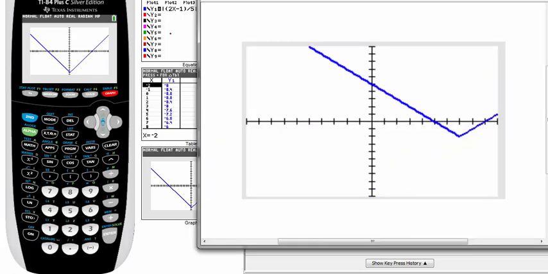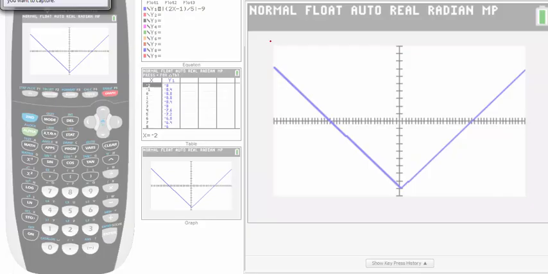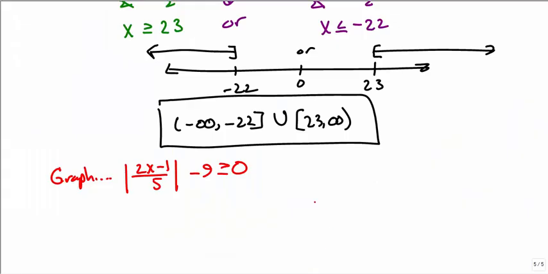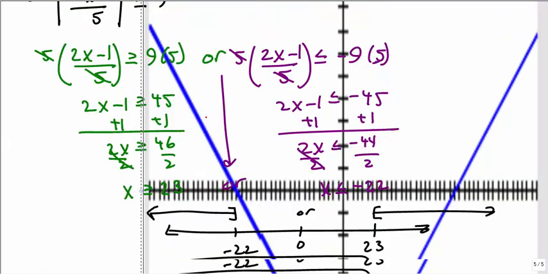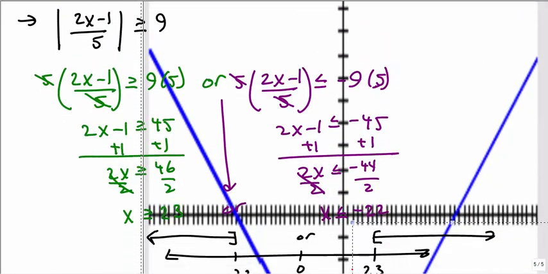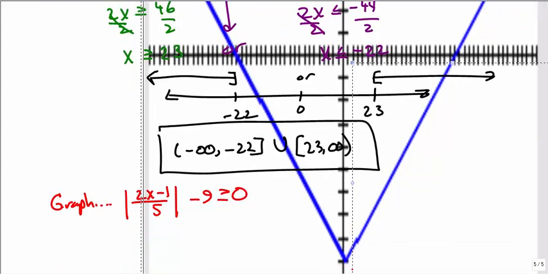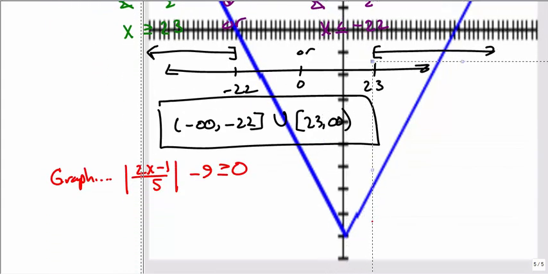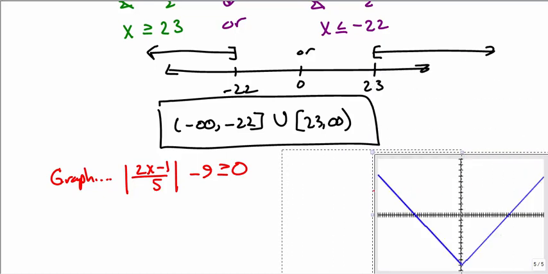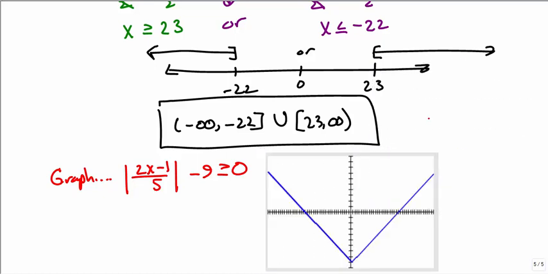So you could count the tick marks, or you could go to the table to find these values to help you solve. But we're looking to see where this is greater than or equal to 0. So we're looking at the part of the graph that is going to be greater than or equal to 0. That's above the x-axis. Again, this is above